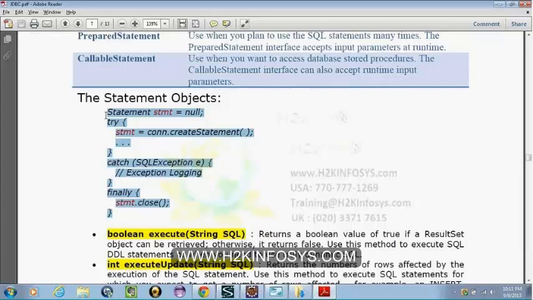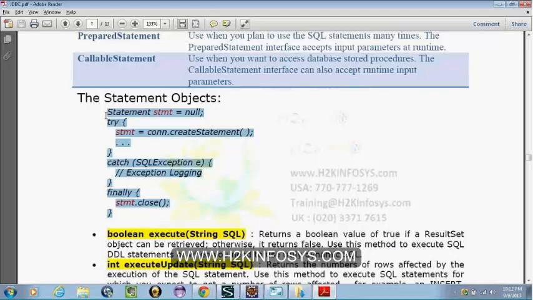Good. So we have different methods in a statement, like execute, executeUpdate, and executeQuery. When we say execute, it returns a Boolean value. If you do a select and a result set object is retrieved, it returns true. If you're not able to retrieve a result set object, it returns false.